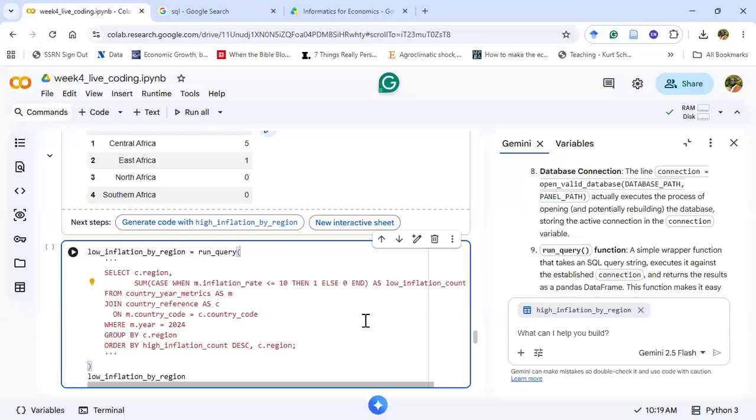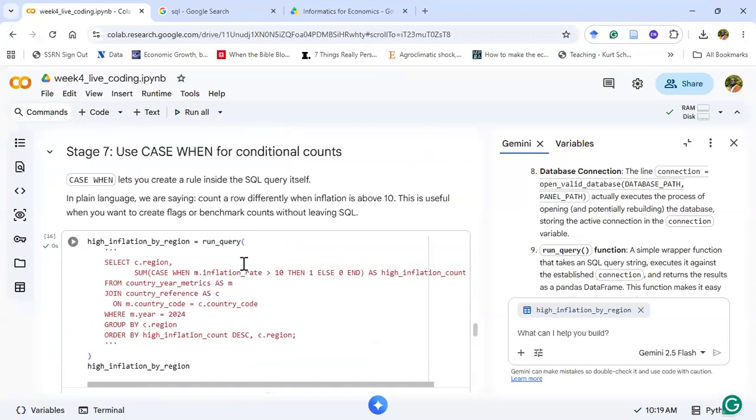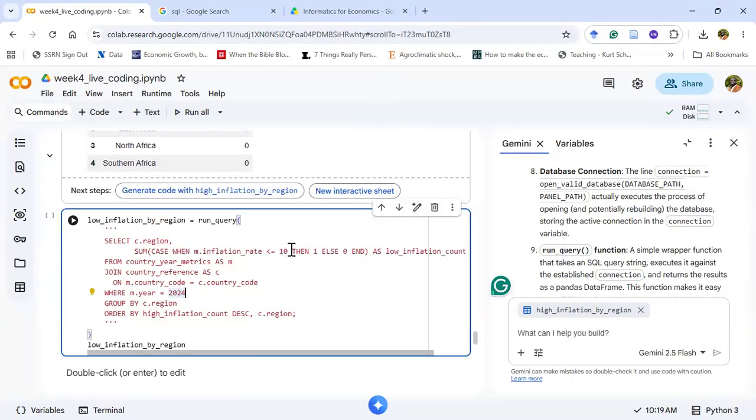I hope this one captures it. Okay. All right, cool. So here I'm doing low. So if it is less, the first one was greater than 10. This one, if it's less or equal to 10, it should give it 1. So I'm looking at the